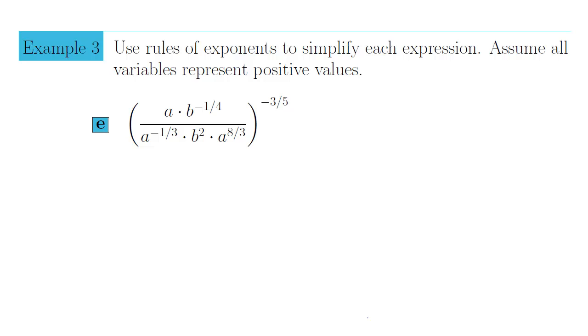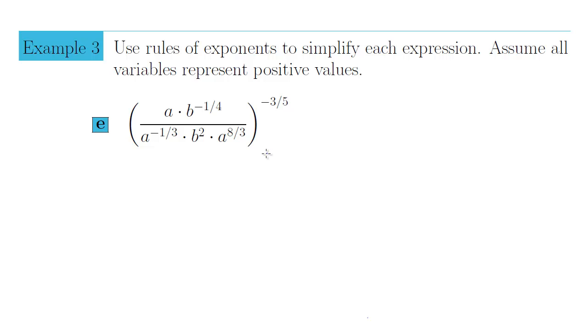Let's take a look at example 3e. Use the rules of exponents to simplify the expression. Assume all variables represent positive values. In this example, we have a complicated quotient being raised to the negative 3/5 power, and we are being asked